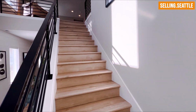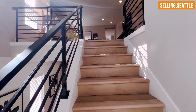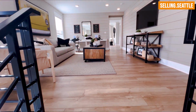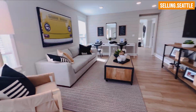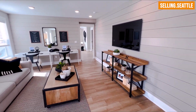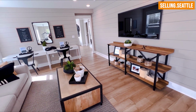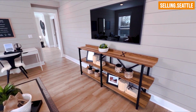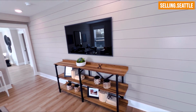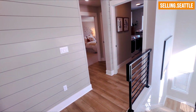Love how it's right when you enter, it's really tall ceilings too. Okay, so upstairs, you do have a nice loft area. Very spacious for additional entertainment. If you have kids, this would be a great area for them to have their own space here for games. So off to the left-hand side, if you keep on going straight, that leads to the primary,